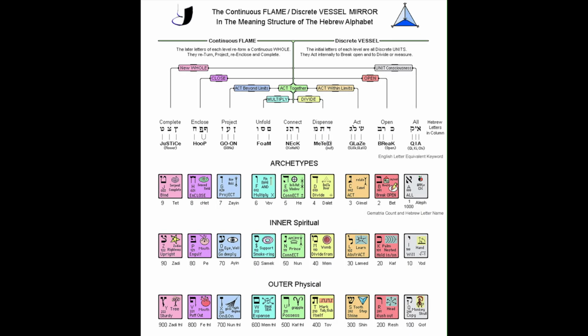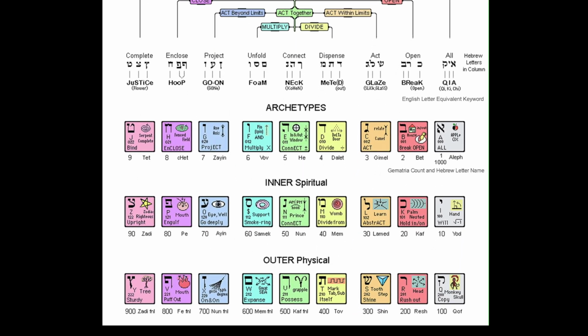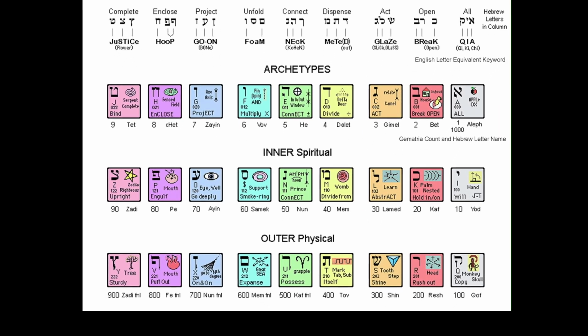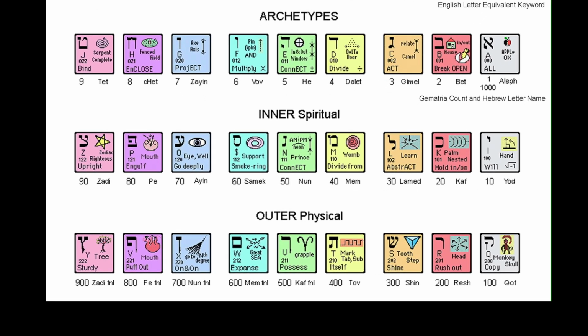realized that looking deeply at the meanings, he could label each of the three layers, an archetypal layer for the first 9 letters, Aleph through Tet. Sorry, I have to take my glasses off for this. A layer of meanings relating to the spiritual world, our inner world, and then a layer of meanings at the bottom, which related to our physical world. Yeah, that's the poster I'm looking at here.